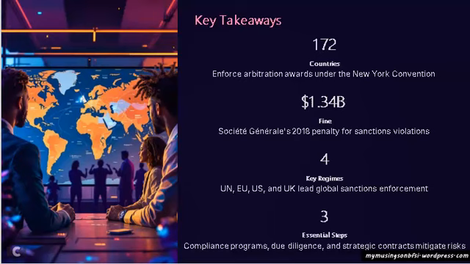The UN, US and UK are the different parties that are sanctioning, in addition to other major countries. So we need to be aware of the different sanctions and we need to be online, real time, on the changes in the sanctioned entities. The essential steps to mitigate these risks are a comprehensive compliance program, thorough due diligence, and strategic contacts and contracts. These are what will help us to navigate the sanctions environment.